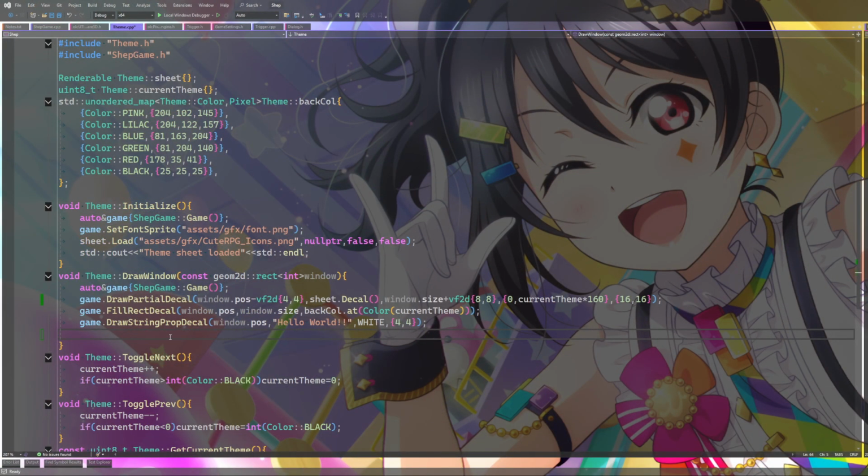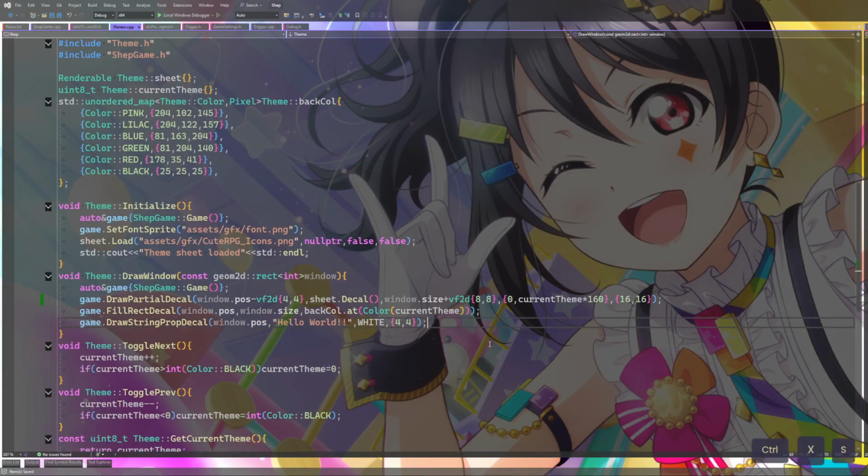So is the dialog going to control all the windowing stuff, or is the window going to control the window stuff? That's interesting. Also, I totally didn't finish drawing the actual window with the border and stuff, so we still have to do that. But this is kind of a dilemma.